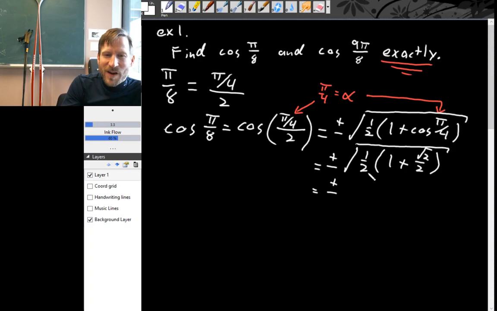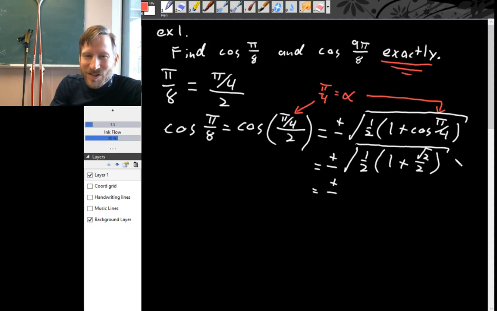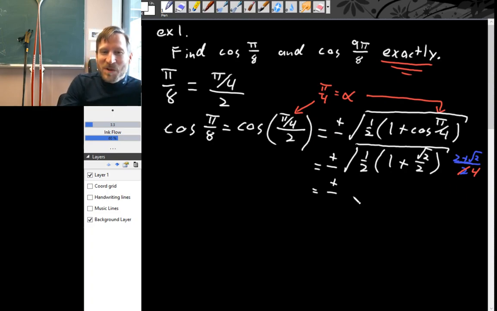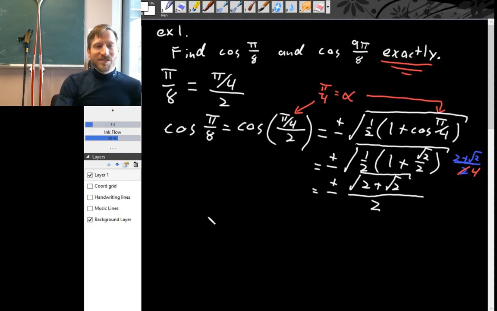And then if we simplify this whole mess, 1 plus the square root of 2 over 2, turns out it is 2 plus root 2 over 2. And then we're multiplying that by a half, so that changes this denominator into a 4. And then we can split the numerator and denominator up in different square roots. So in the numerator, we get the square root of 2 plus root 2. And in the denominator, we get the square root of 4, which is 2. All right, so the cosine of pi over 8 is plus or minus the square root of 2 plus root